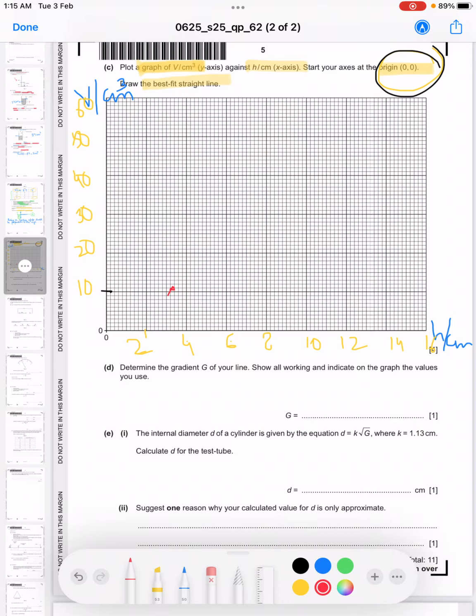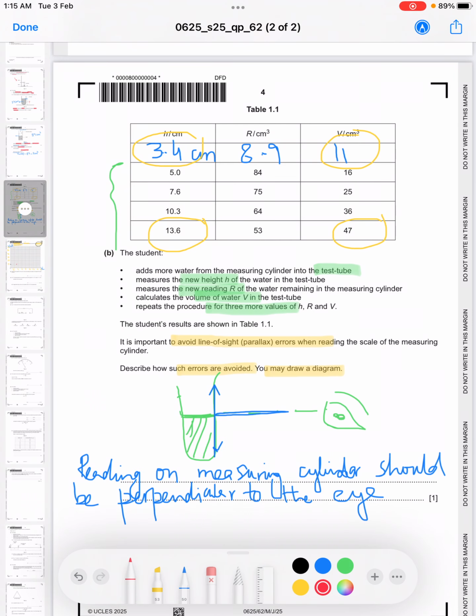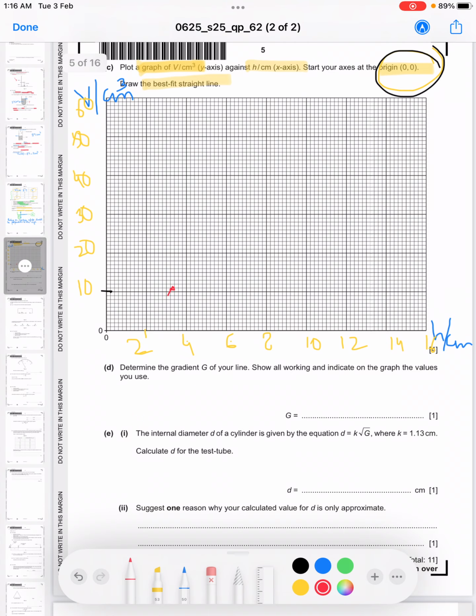Right? And then we have the second value, 5 and 16. This is our 5. Where is 5? This is 5. If we go to 5 and 16, it comes out to be here. No, I think it should be one step up. Yes, this one, right? Then we have